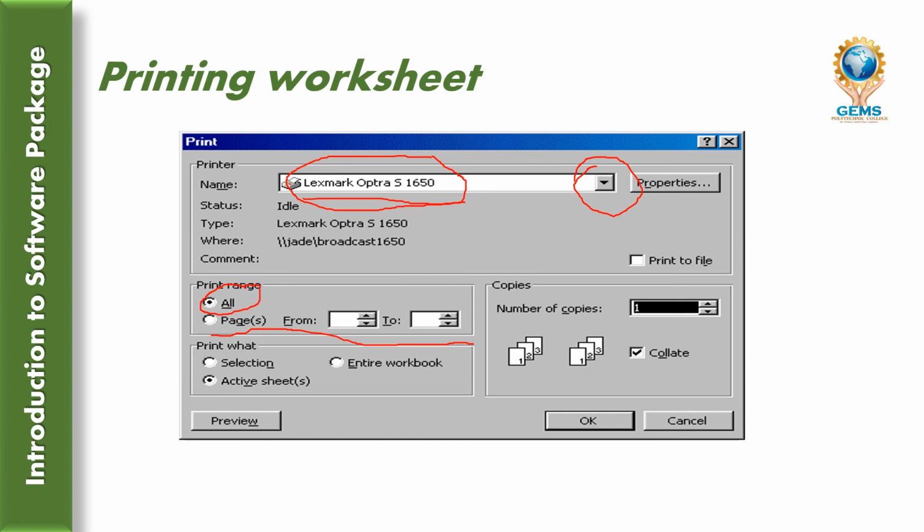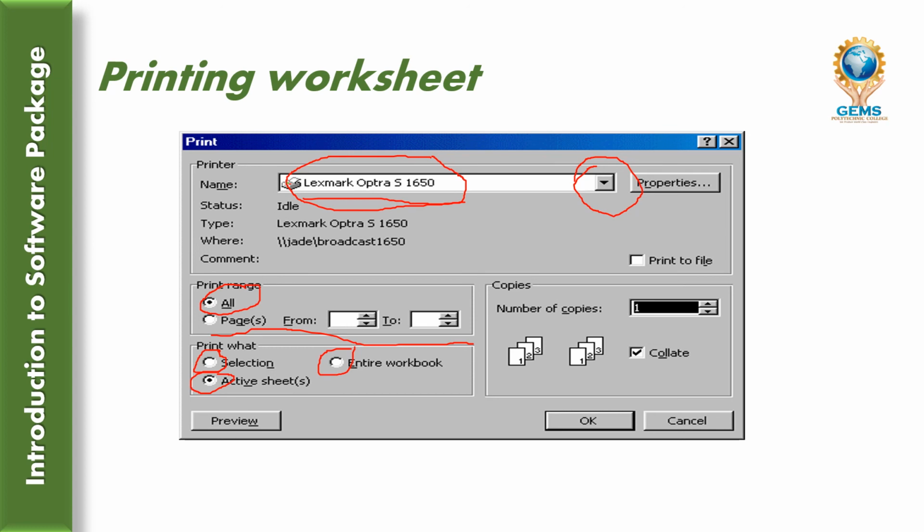For Print What, if you want to print the entire workbook, you can enable this Entire Workbook option. If you want to print the active sheet, you can enable the Active Sheet checkbox, or you can enable the Selection option.